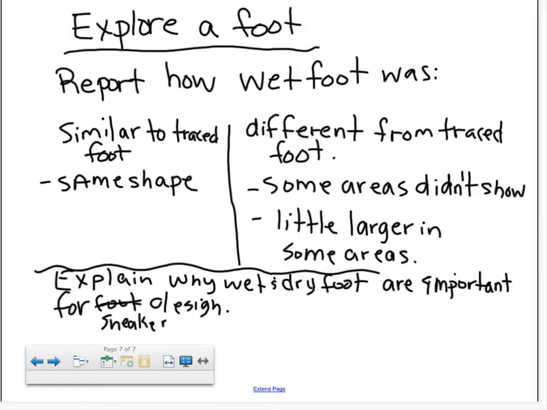Explain why. That paper towel back there. No, don't even. Why is it important? Why do you think that's important? Is your foot always the same size? Does your foot swell? Sometimes your foot is not swollen, sometimes it is. So for the size of your foot